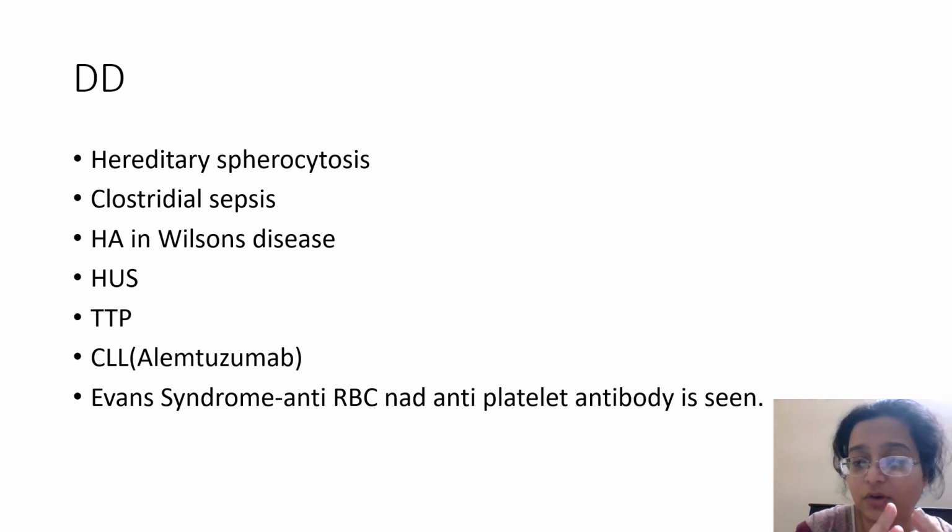In all these cases you're going to get hemolysis, and what you have to go back to is antibody testing, Coombs testing. Sometimes there are diseases like SLE, etc. causing this kind of a feature, then you go for an ANA, ENA panel. These are the tests that you have to go for.